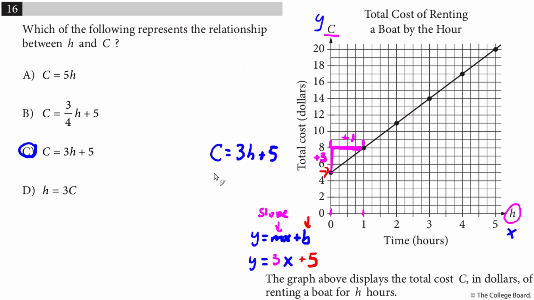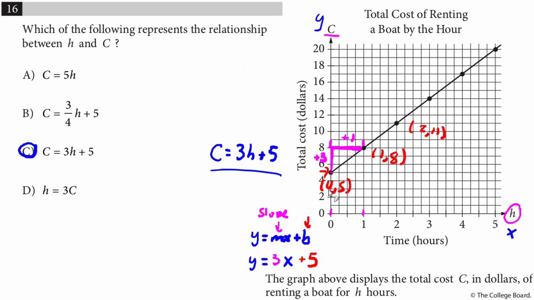Now, another option, let's just say that that didn't make sense to you, or you weren't quite clear, or you had a ton of extra time. You could have actually checked points. So I see that I have this point (0, 5). I have this point (1, 8). I have this point (2, 11). So forth, so on. I have these nice integer points,